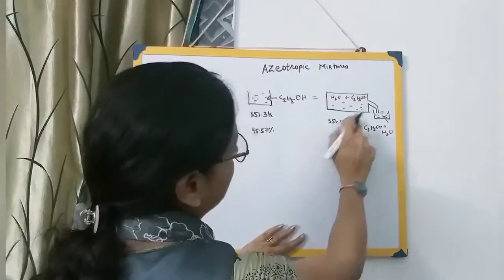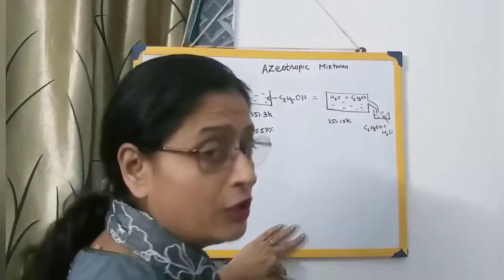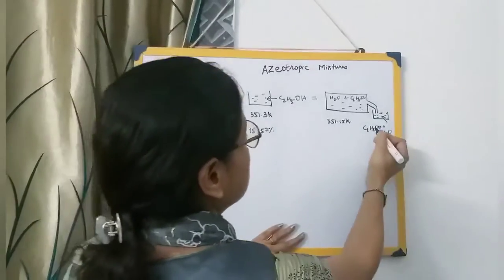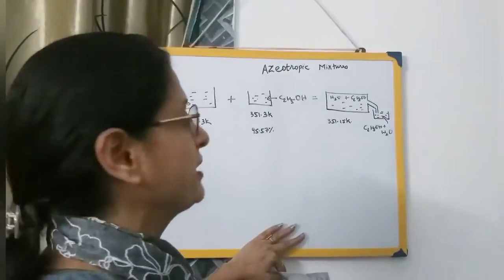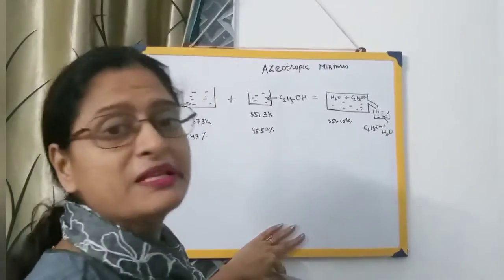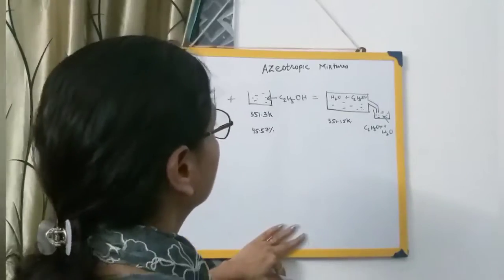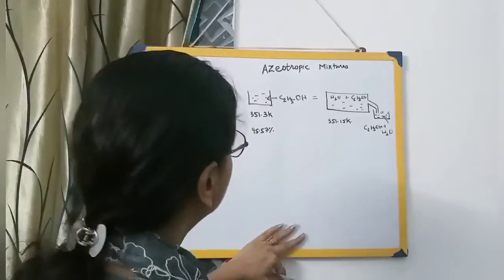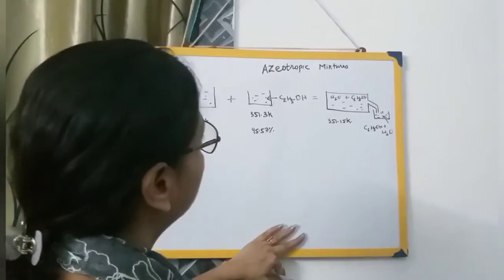At this temperature the vapors will be obtained, but when they have been cooled, you will find that the composition is the same as this. There is no change. It is not possible to separate these components. Such a type of mixture, such a binary solution, cannot be separated by fractional distillation.